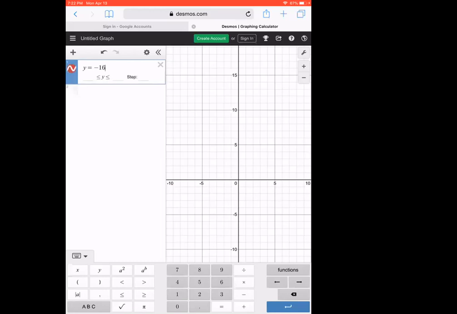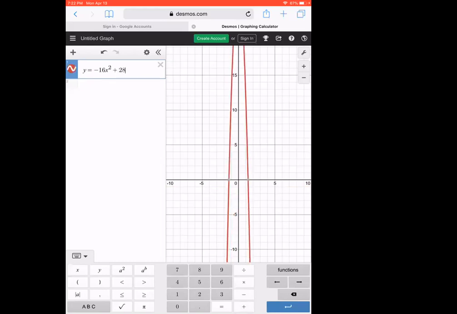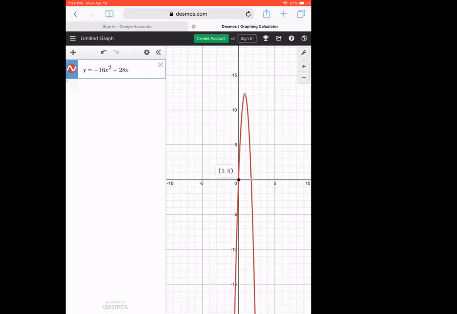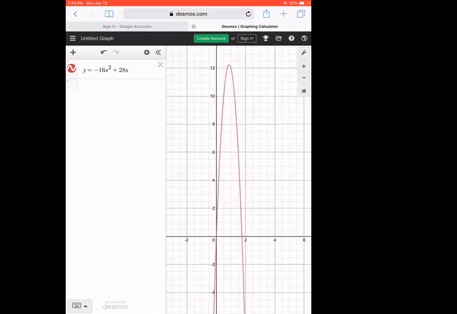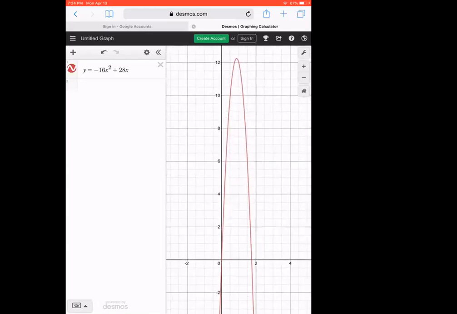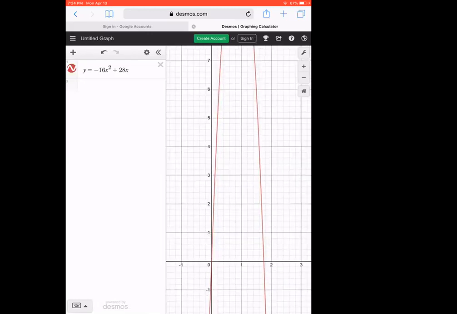Again, you don't have to graph. You can do it all by hand. And remember, we're going to use x's instead of t's. So there's negative 16x squared plus 128x, but we're using x instead. Okay, so here's the graph. If you're using a phone or an iPad, you can just use your fingers to change the window on the graph. So that's kind of cool.